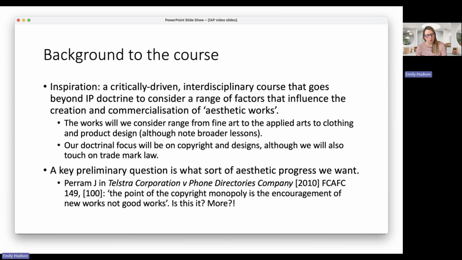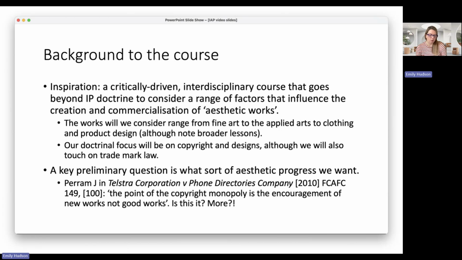Another set of questions relate to what sort of creativity, what sort of aesthetic progress we want. Some of you may be interested in studying incentivizing innovation as a companion to this course. And I think that when we're thinking about technological and scientific innovation, the question of what we want is a bit less contentious. That is, we want greener technologies, we want cleaner ways of producing energy, we want new drugs, we want new antibiotics,